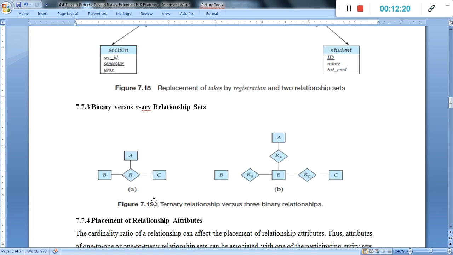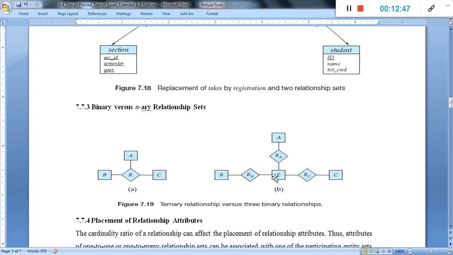The first diagram represents the n-ary relationship, that is a ternary relationship. The n means the three relations with A, C and B. We can say that B relates with C, B relates with A, A relates with B, A relates with C, like that. But the alternative of this diagram is with an entity set. We add one more entity set.